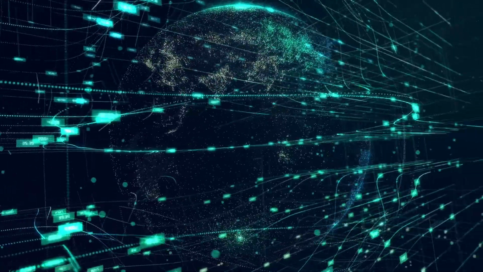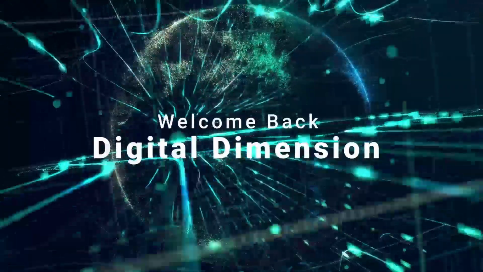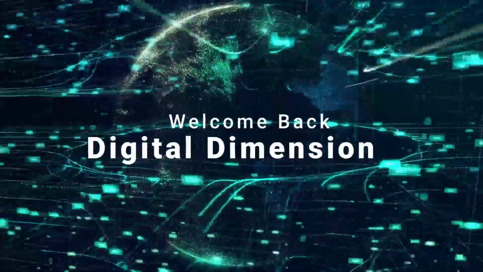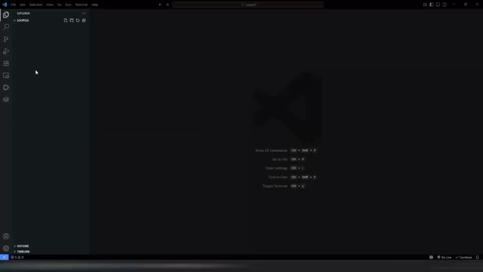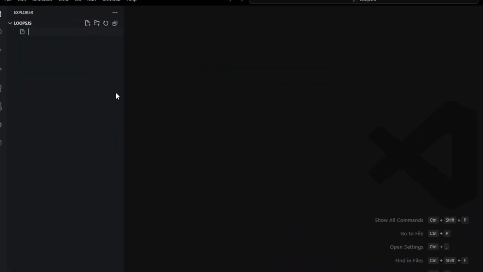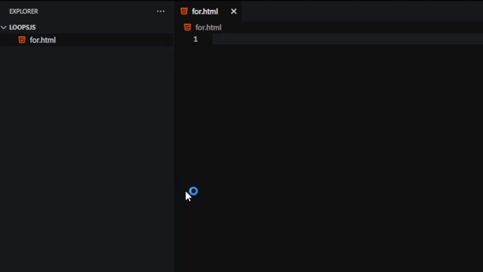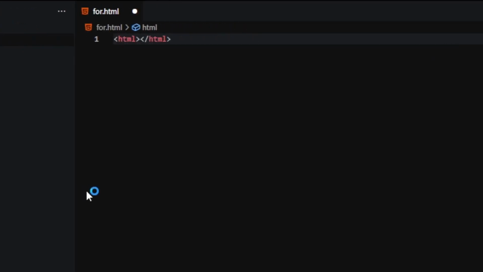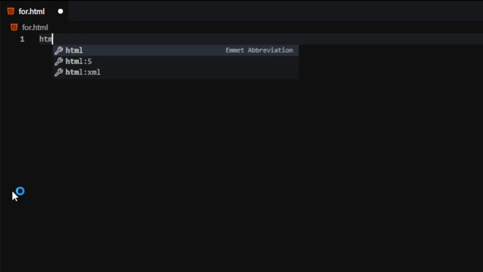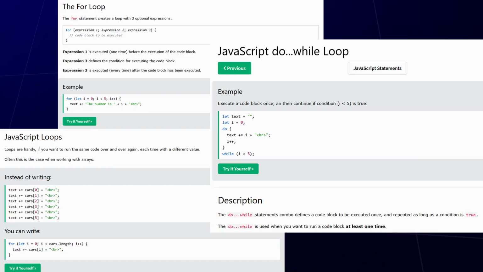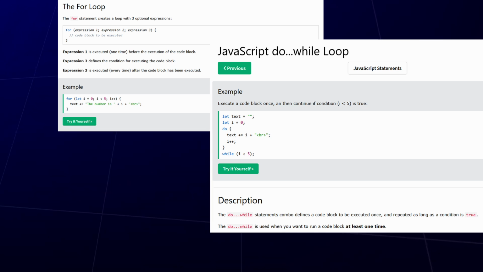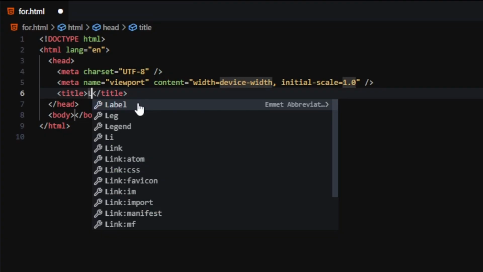Have you ever written the same line of code like 5 times in a row and thought, there has to be a better way? Good news, there is, it's called loops, and they're your best friend when you want to do something again and again and again without breaking your keyboard or your soul. Today we'll talk about 3 types of loops, for, while and do while, plus how to break out of them before they destroy everything. Let's go.